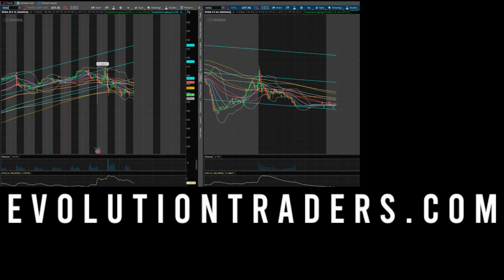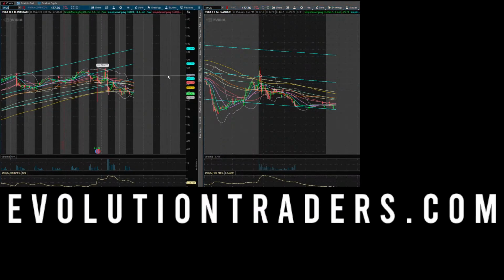Okay, so my bias is short on NVIDIA for a little bit of a continuation pullback. However, if NVIDIA gaps up or starts surging off the open, I'm going to let it go. I've got too much resistance here. NVIDIA would need to break back over 496 before I have any more continued interest on NVIDIA to the long side for that short-term day trade. Okay, so 496. Now, does that mean that there's not going to be any scalps long between 477 and on the road to 496? Of course not. But for me, it's not worth it.